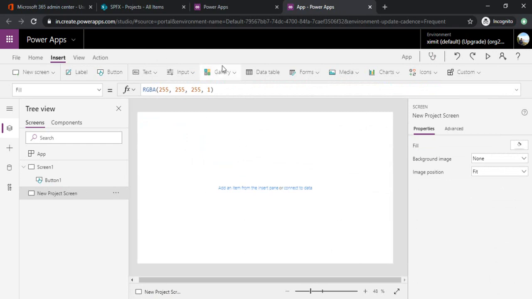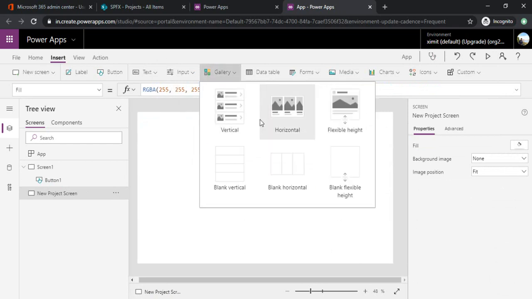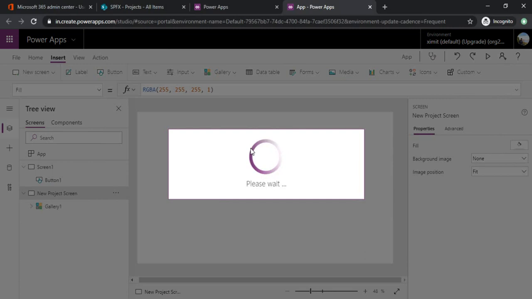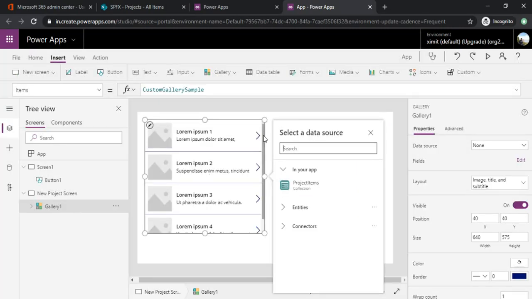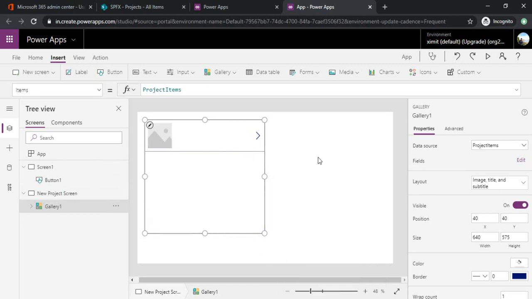On this screen, I'll add one gallery control. And why do I need that? Because I would be binding my input data to this gallery, binding my collection which we just created on button click 1, that is project items. I'm just binding that to my gallery.